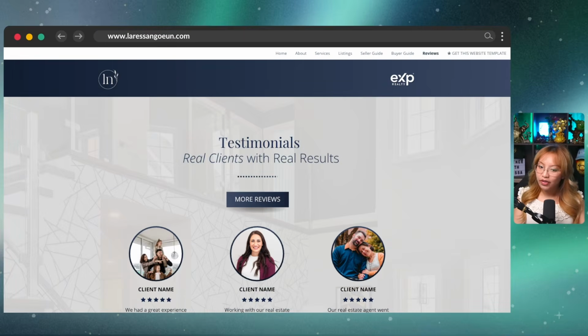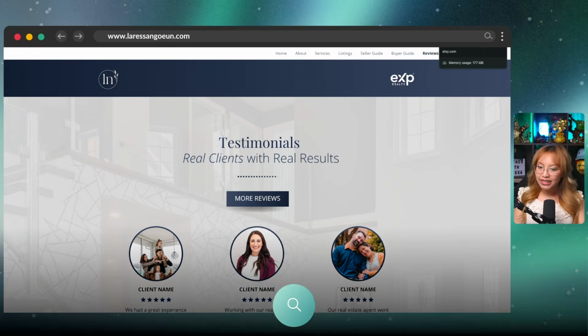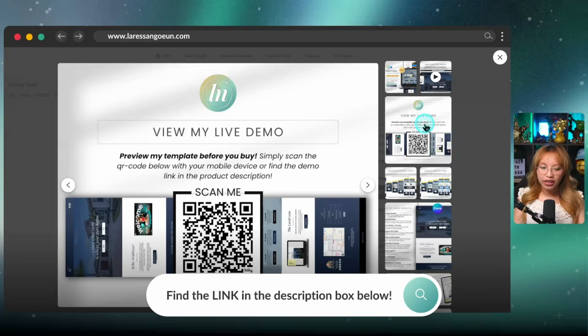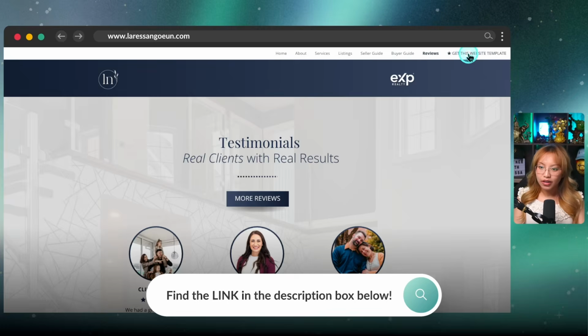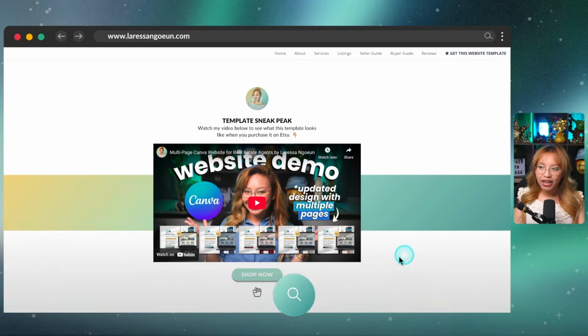So again, if you want to check out this template, I will link it in the description box down below. Or once again, you can scan this code right here to take you to the live demo. And then you can actually click on this specific link here. And you can see the back end of what to expect when you purchase this template